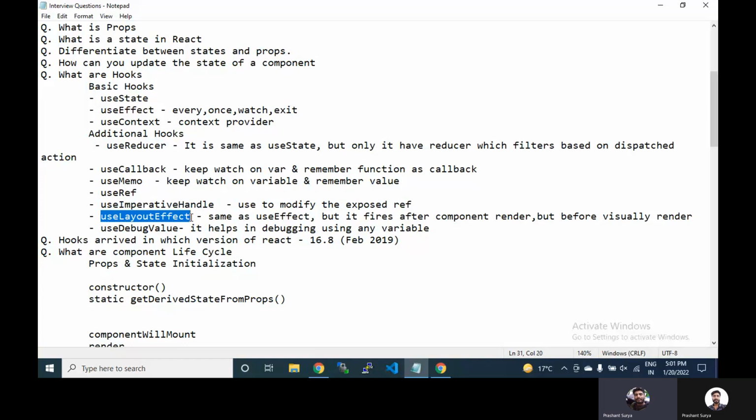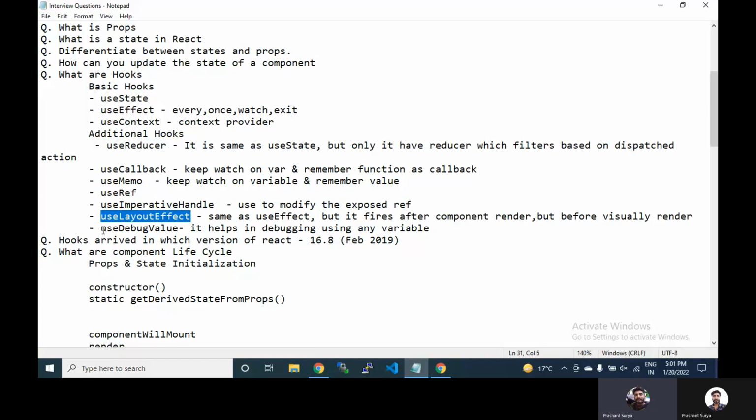What is useLayoutEffect? Basically, useLayoutEffect is executed once the render is done, but the view is not yet completely visually prepared. So it is the state between the two. It means the UI is rendered, but the UI is not visible right now. So if you want to do something there, you can perform your logic here.